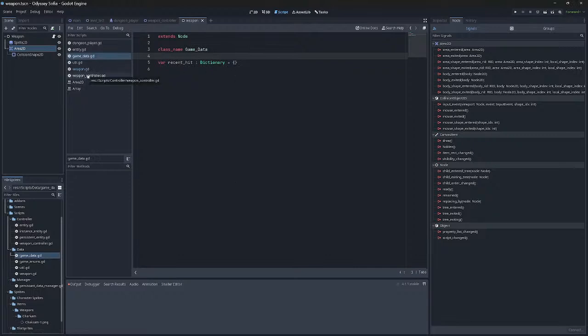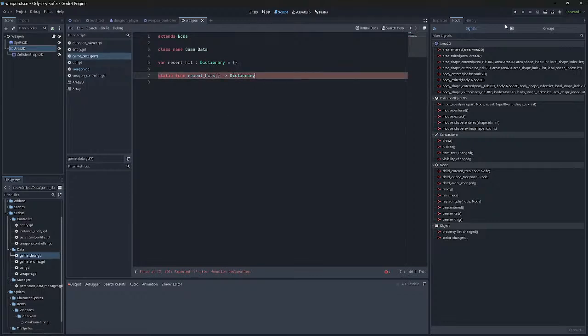Now, while you can't have static properties, you can have static functions. Let's see, static func recent hits,